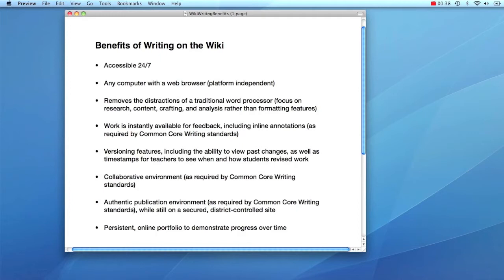In addition, because the wiki has rather limited formatting options, it removes several of the distractions that are posed by traditional word processors. It forces the student to focus on research, content crafting, analysis, instead of things like font selection, shapes, and columns. When work is posted to the wiki, teachers are notified and it's instantly available for teachers to